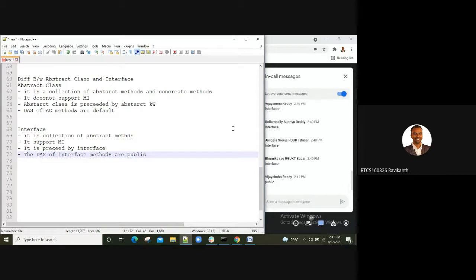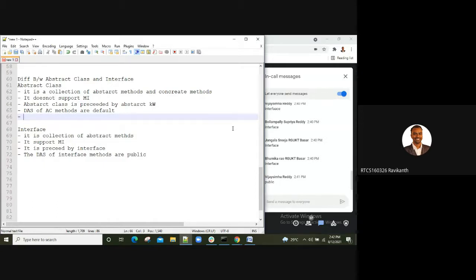So how do you reuse these features? In both cases, we make use of the reusability feature, right? How do we use the reusability feature in terms of abstract class? You can reuse the class properties in another class by using which keyword?